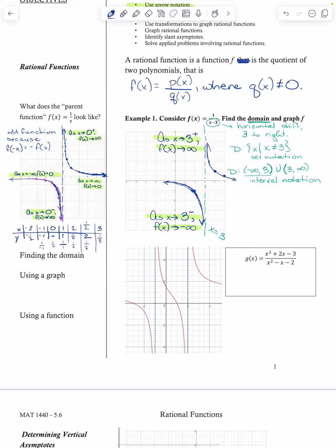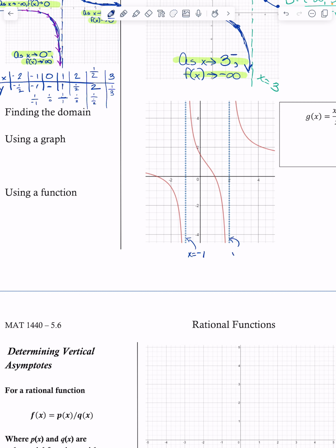So we're going to take a look at another example here at the bottom. We want to find the domain first using a graph, then also using the function. Notice here, I have the asymptotes drawn in at x equals -1 and at x equals +2. Okay. That means my domain